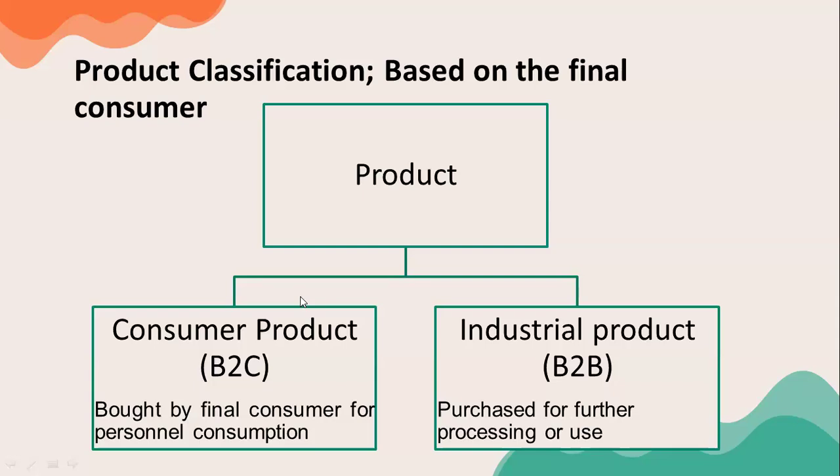This is the same as personal consumer and organizational consumer. So the industrial product, that is B2B. That means business to business. That means the final consumer is not purchasing for personal consumption. What is happening here is that the consumer is purchasing for the further processing or further use of an organization, right? For example, an organization or a business is purchasing,